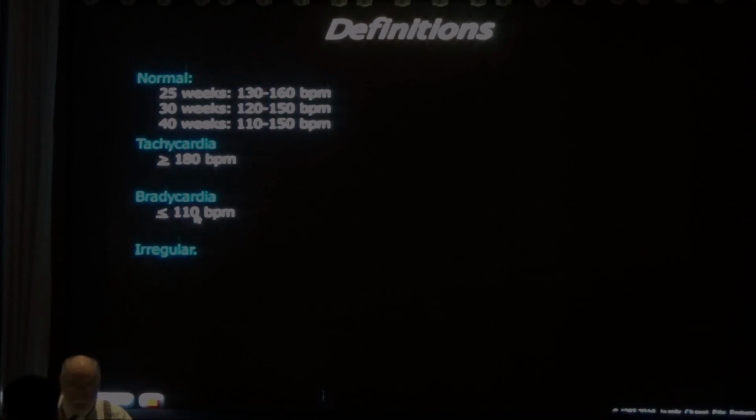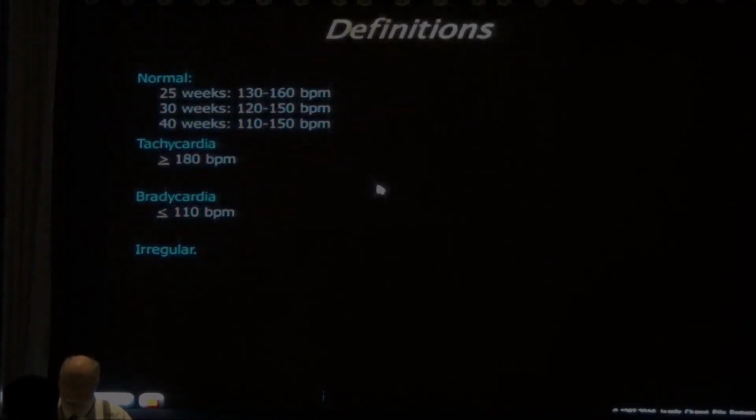And then you have the irregular heartbeat. So there's several things we have to look at. The reason we have to pay attention to the arrhythmia is that they can lead to congestive heart failure. And if you have a baby that has hydrops and an AV block, this is usually a fatal outcome. So you have to detect those babies because some of this AV block can be corrected prenatally, and it's important